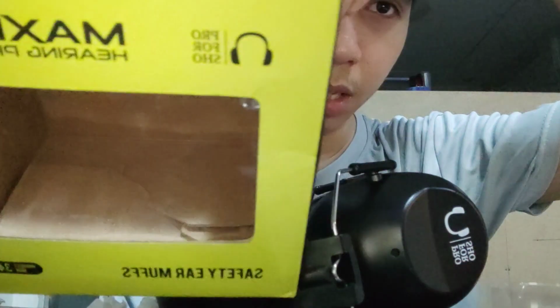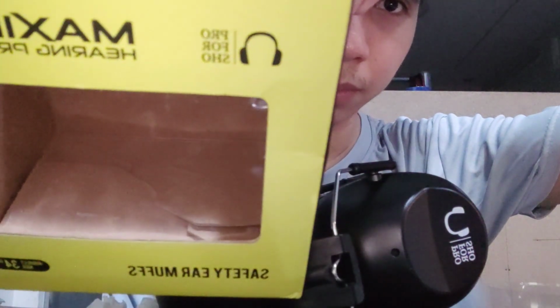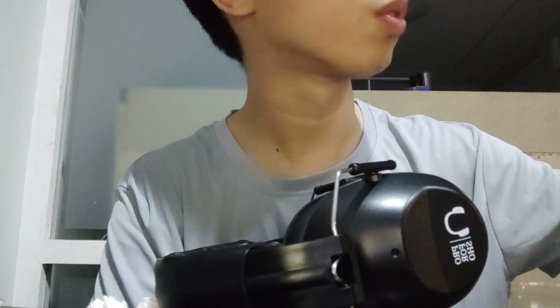So that's it. The brand was For Sho, and yeah, I don't know why it's not focusing, but yeah, it's For Sho Safety Ear Muffs, maximum hearing protection, 34 decibels of noise reduction. So I'll try this tonight if I need it,